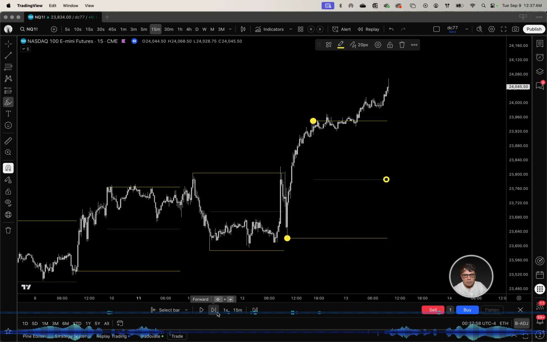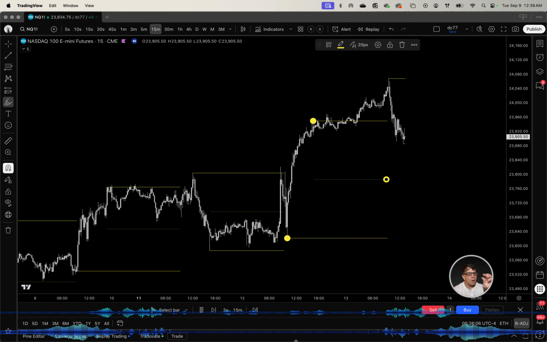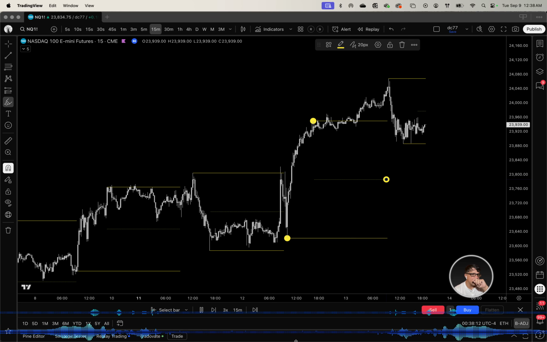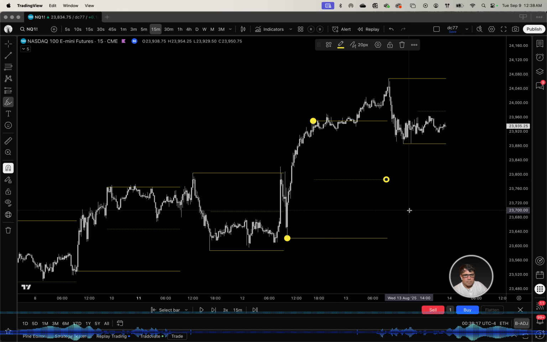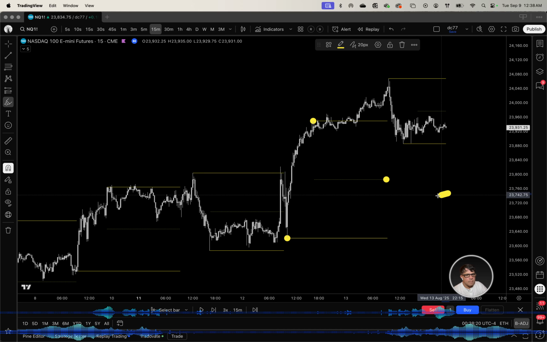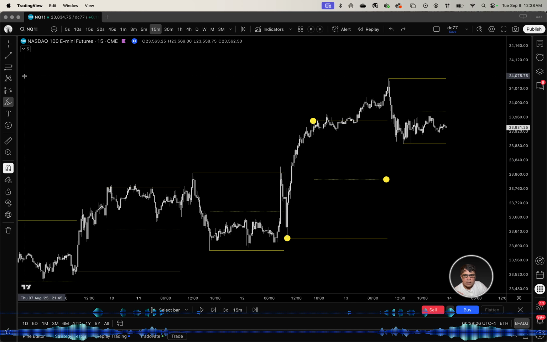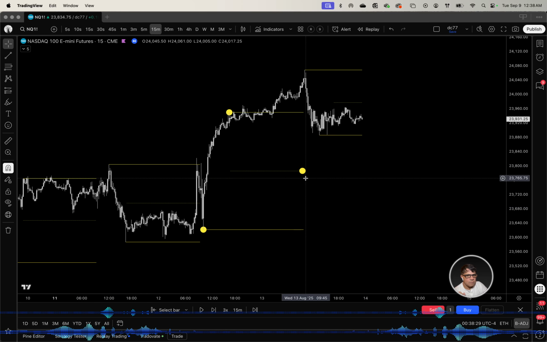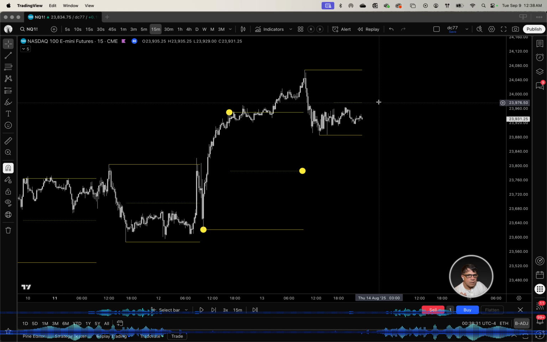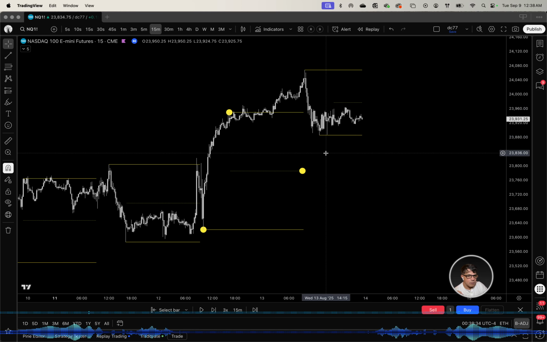So let's just put this on 3x, and let's just take a few minutes and see what happens here. As the day opened, price immediately rushed back into the range, made a low, and let's see where we are in time. Okay, that's the end of the day there for that Wednesday price action. Notice we've still got that EQ unbalanced. We've got another EQ here that's been created on that Wednesday price action. So let's keep watching.